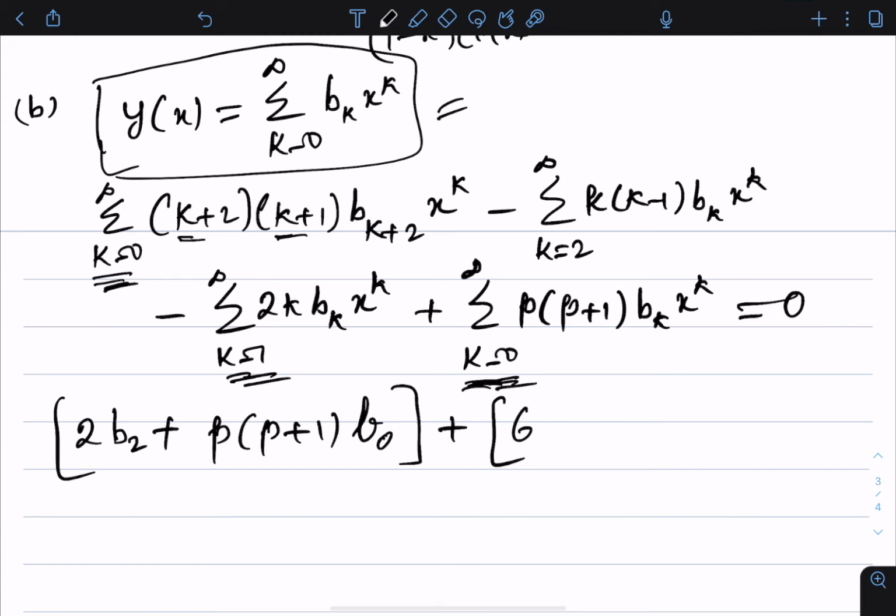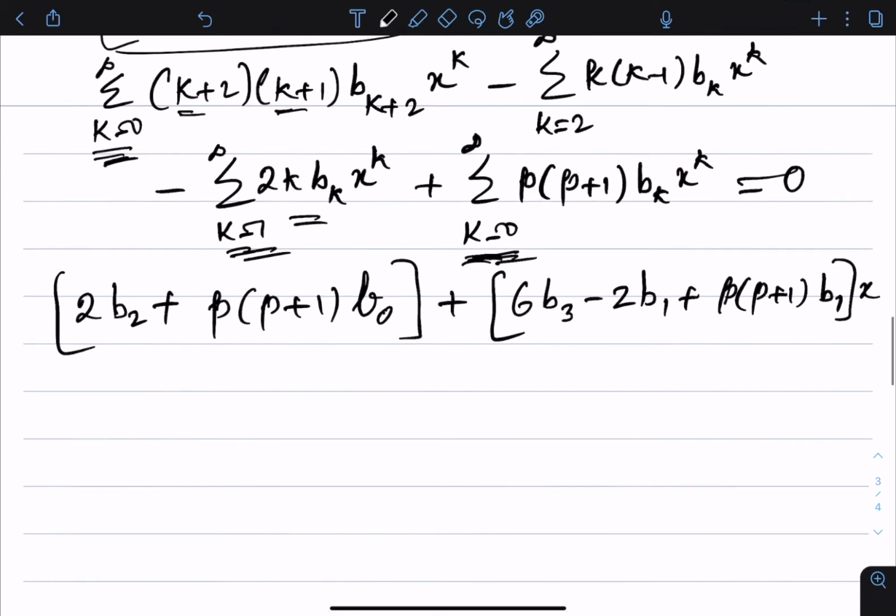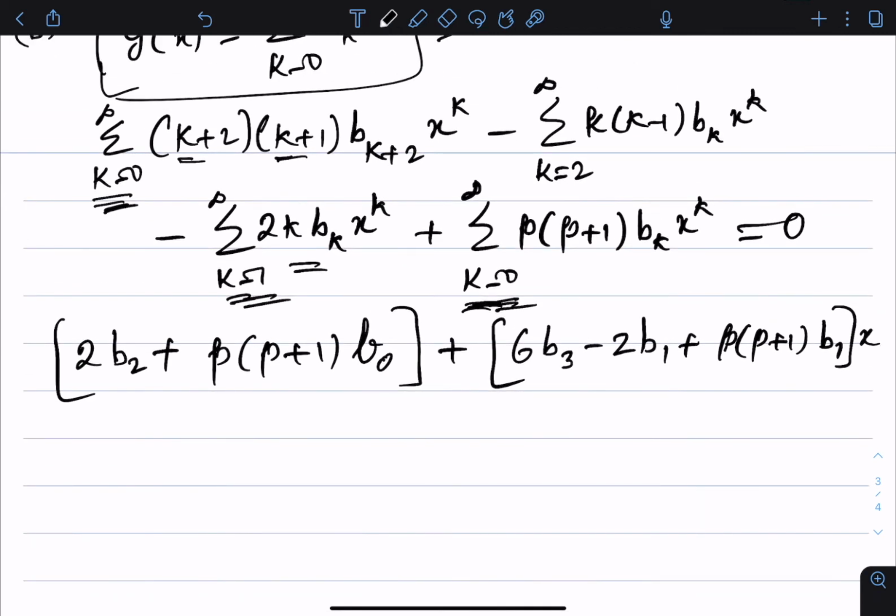So 6 b3, minus 2 from here, 2 b1, plus p into p plus 1, k equal to 1 is b1, times x. Right, that is the k equal to 1 term, and then the remaining term, which is plus summation